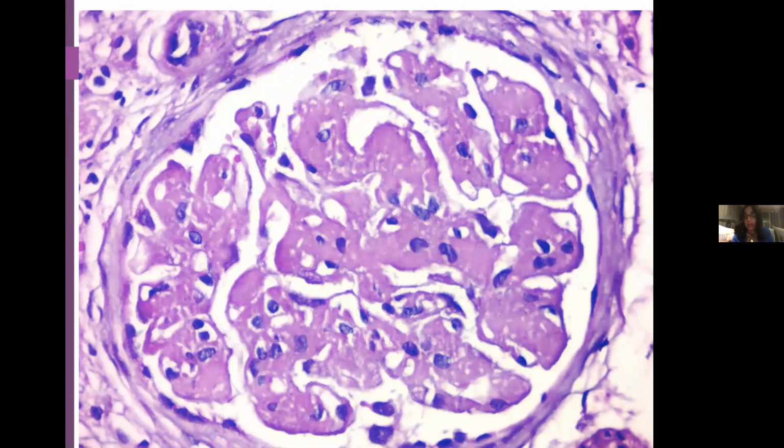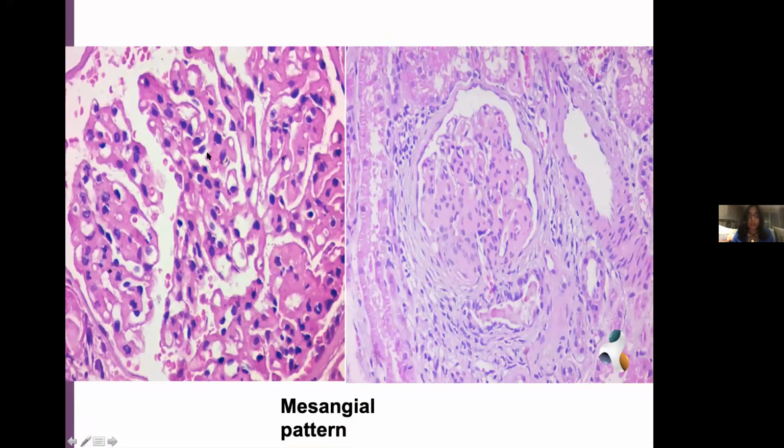These cases are usually more PAS positive than amyloidosis. Amyloid is very, very weakly PAS reactive, but fibrillary can also be weakly PAS reactive, though usually they are more prominent when you stain them with PAS. Again, this is a mesangial pattern, but in this patient, it had more mesangial proliferation than matrix increase. And here you can find that this patient was almost getting into sclerosis, but also with a mesangial pattern.